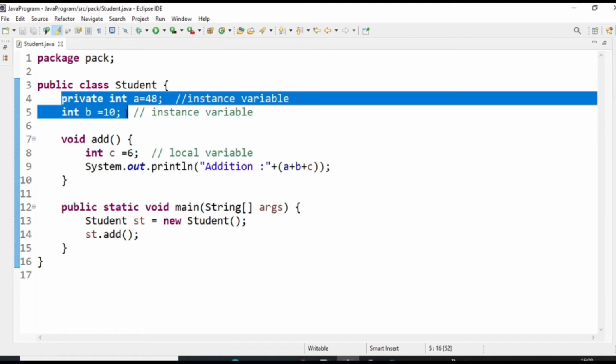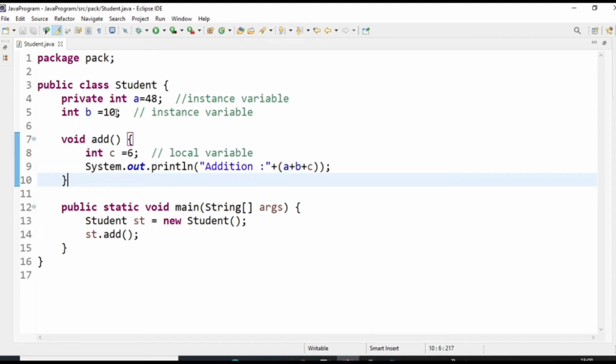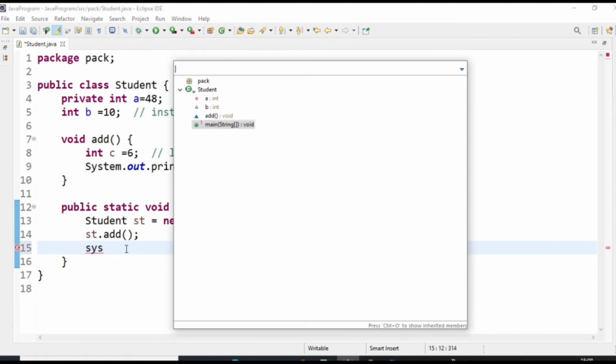So here a and b are instance variables, so we can access them from any non-static method. And if you want to use these variables inside the static method, then you have to call them with the help of an object.